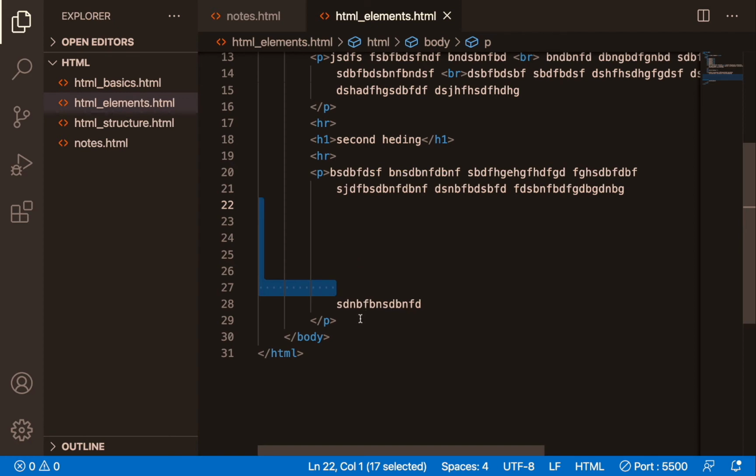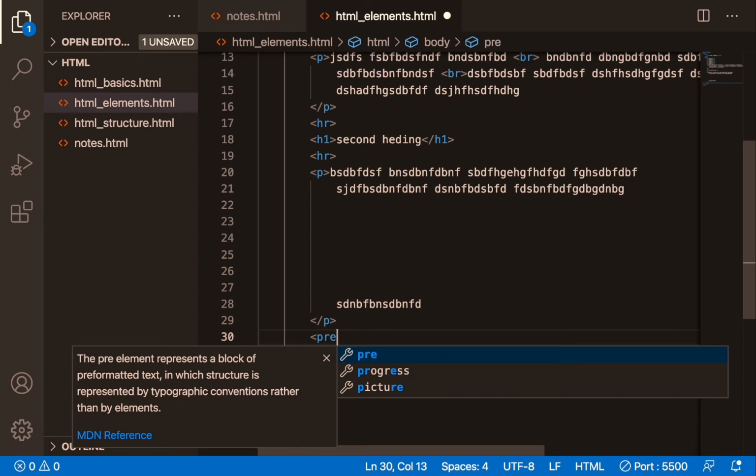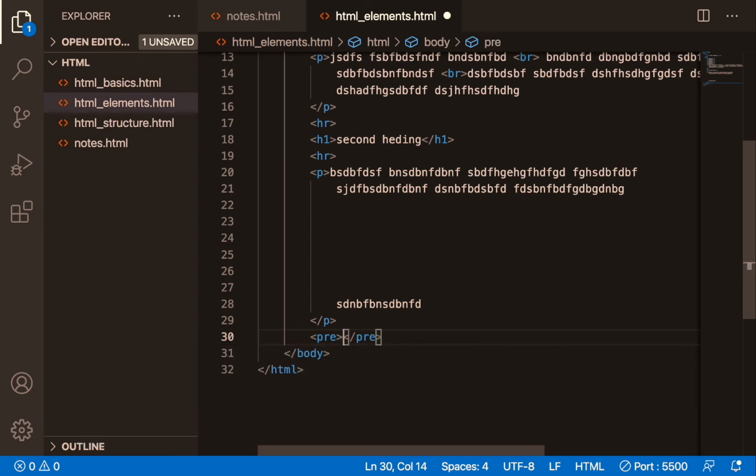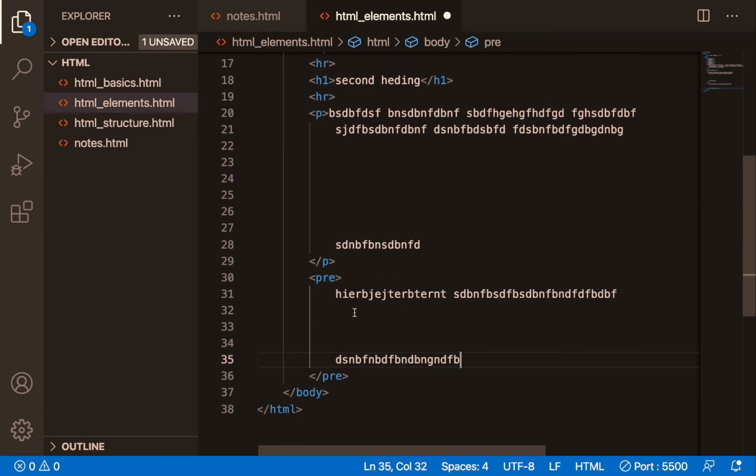For that we can use the pre tag. Using the pre tag, let's say I will write something, then I will give some 3-4 lines of space, then I will write one more tag. So this is the pre element.